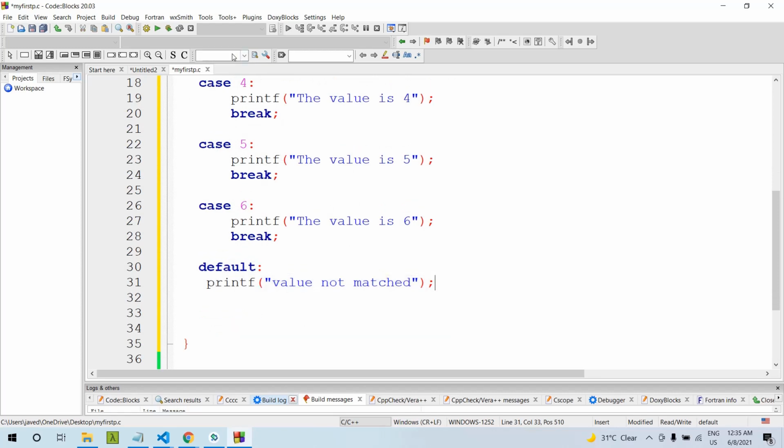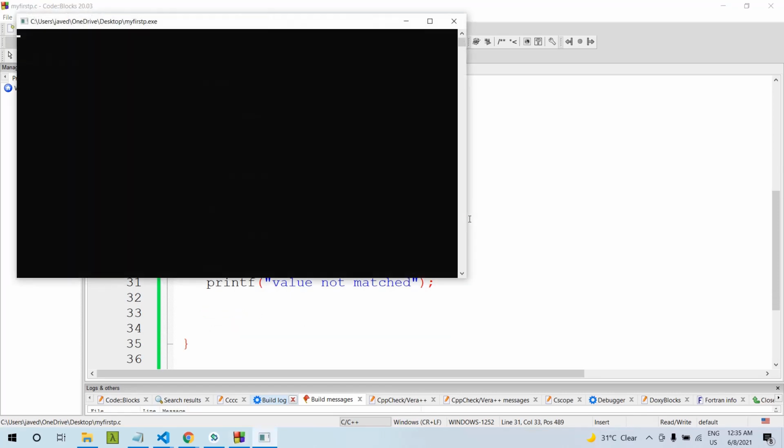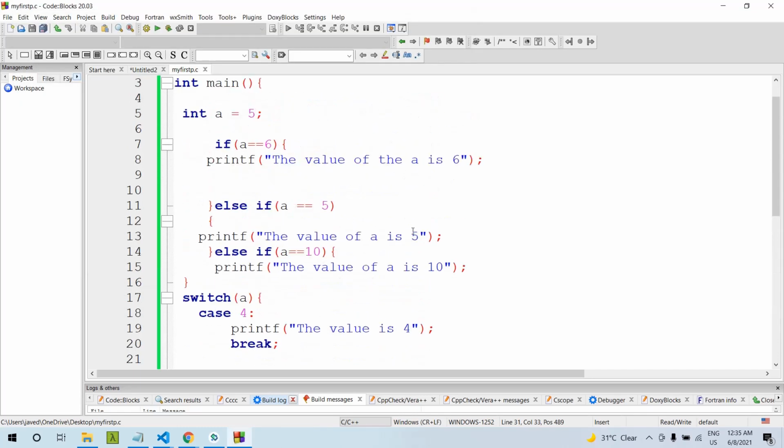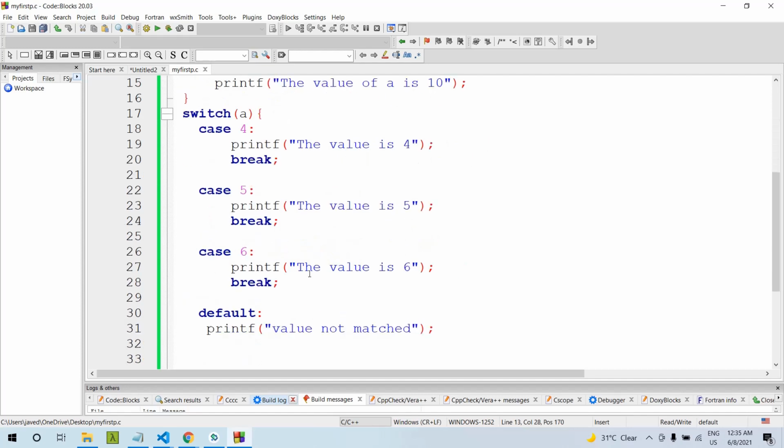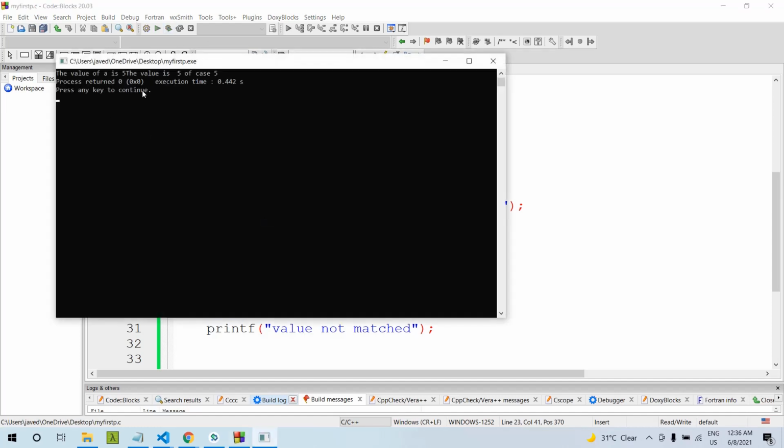So let's execute this. First the value of a is 5, so the value is 5 is printed from case 5.